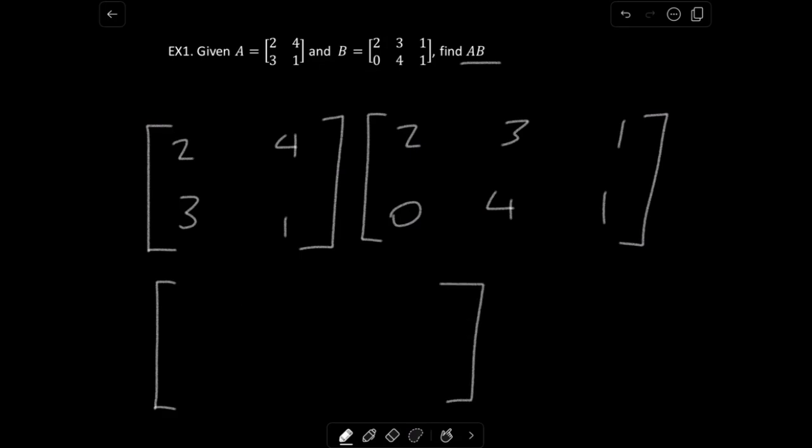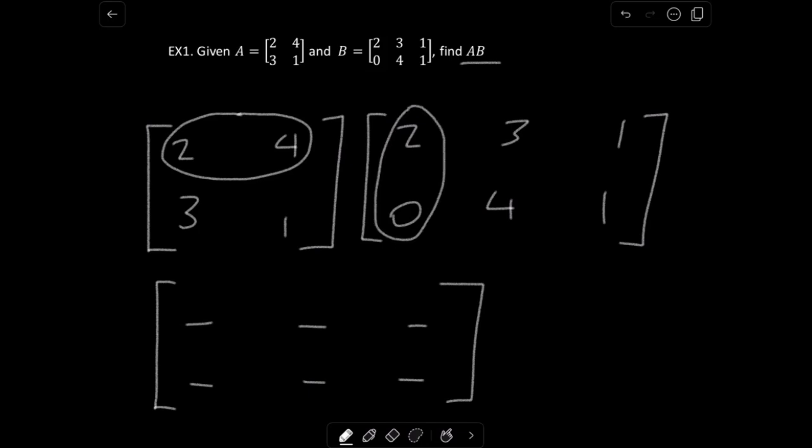Now, I'm going to go through it very slowly, step by step. This is how you multiply it. So the resulting matrix is going to be 2 by 3, so we have 1, 2, 3, 4, 5, 6 entries that we need. Let's start with row 1, column 1 in the resulting matrix. To get row 1, column 1, we are going to look at row 1, column 1 in the two constituent